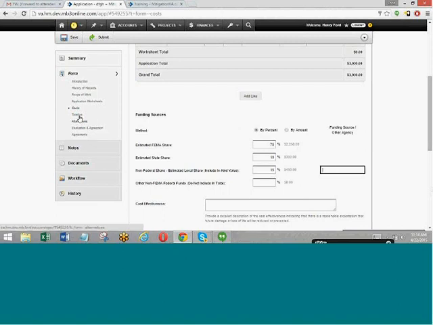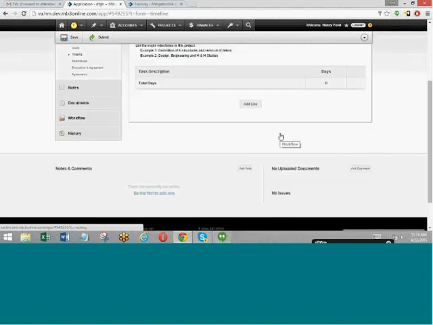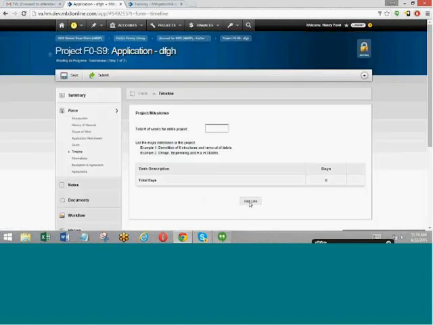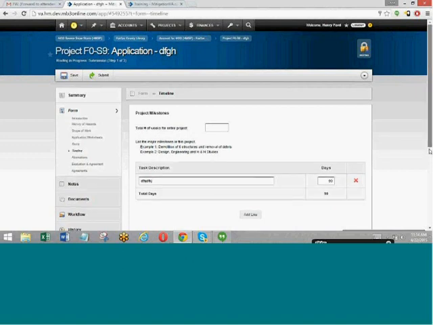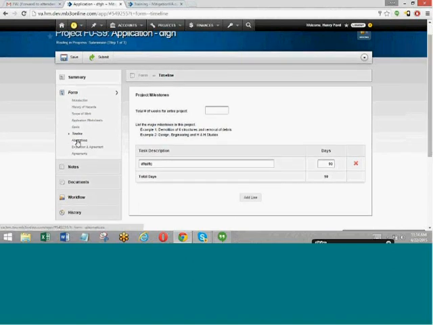Okay, then you have timeline. And this is where you put in your project milestones. So you can just go and add a milestone to the table by clicking on the Add Line button. Give a description of the milestone or the task that's being completed, how many days, let's say 90 days for this, and you can add as many lines as you want.